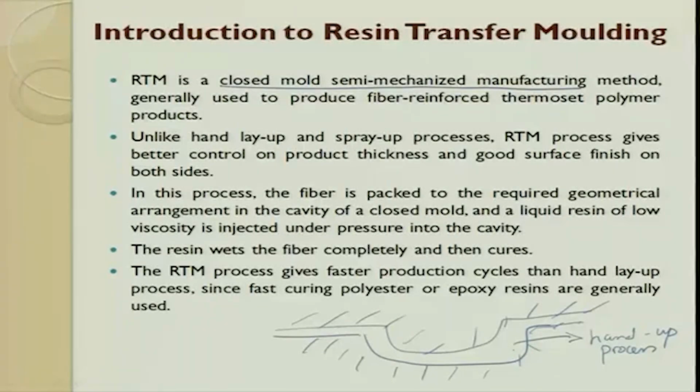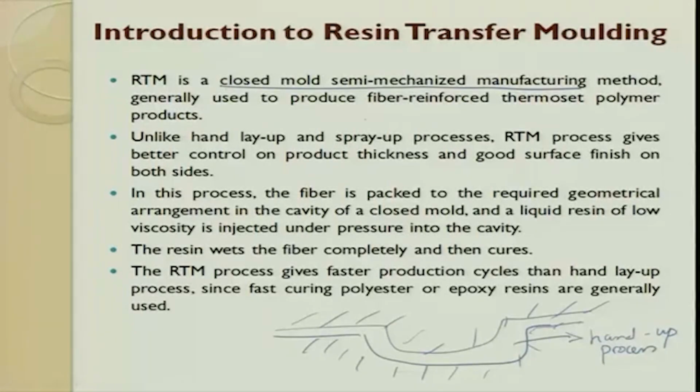So, I will get the inner surface as well as the outer surface smooth and whatever is required for my texturing and other things. The filament winding process, what we studied yesterday in the last class. So, we saw that the inside of the pipe will have a very good smooth surface or will have mandrel texturing, but the outside will be rough and you have to do a finishing process to make it smooth. When you go to resin transfer molding, this process is a closed mold semi mechanized process,